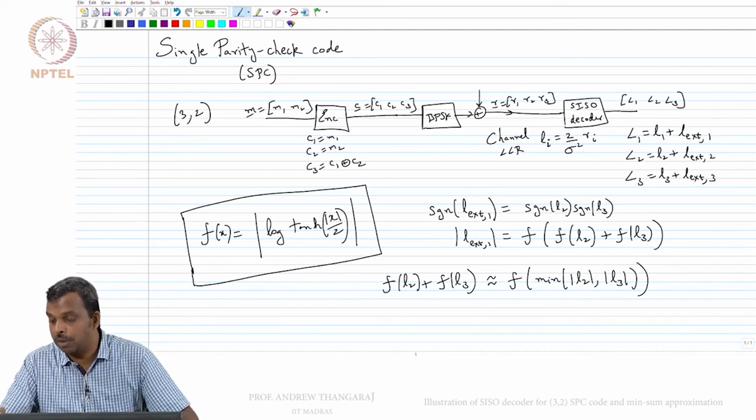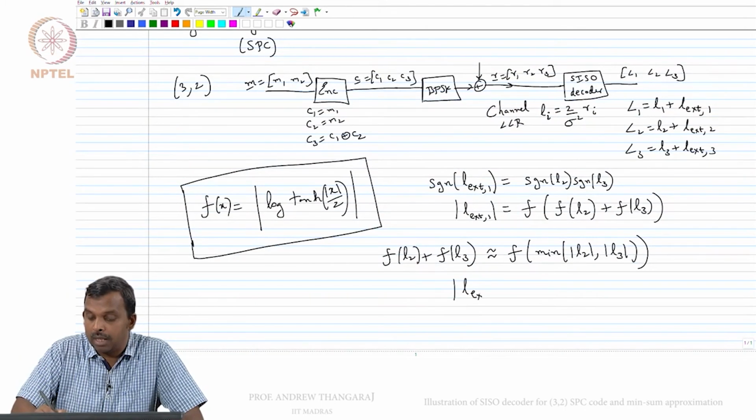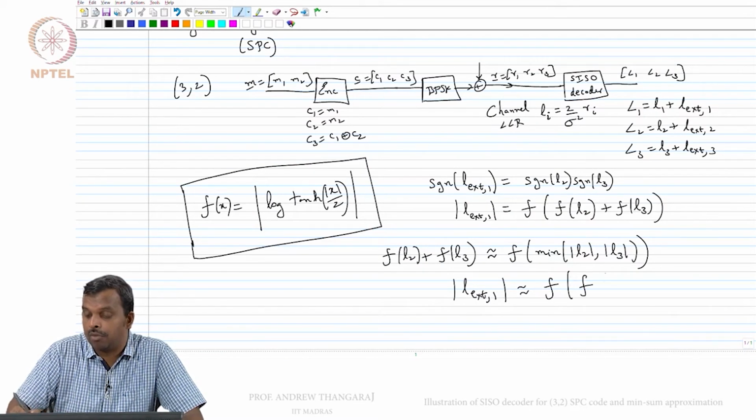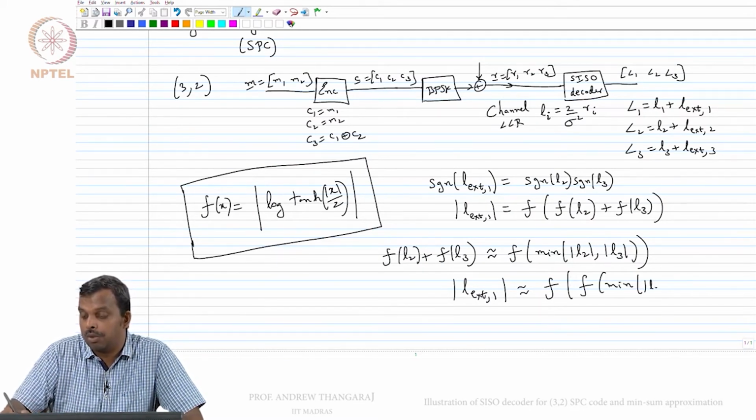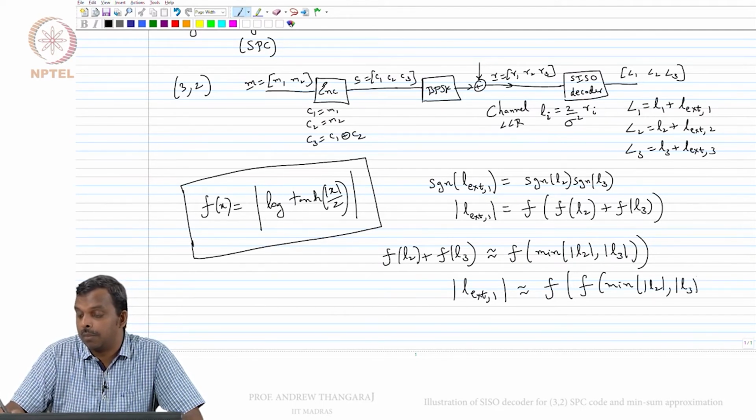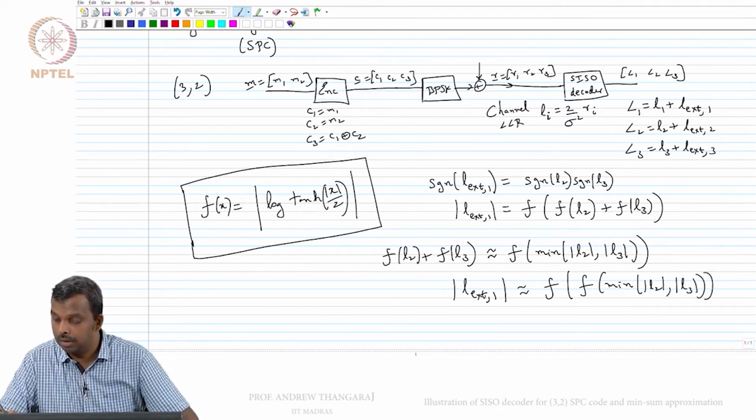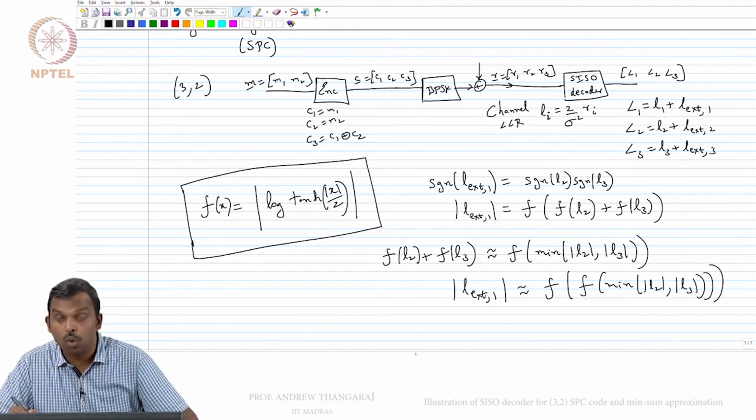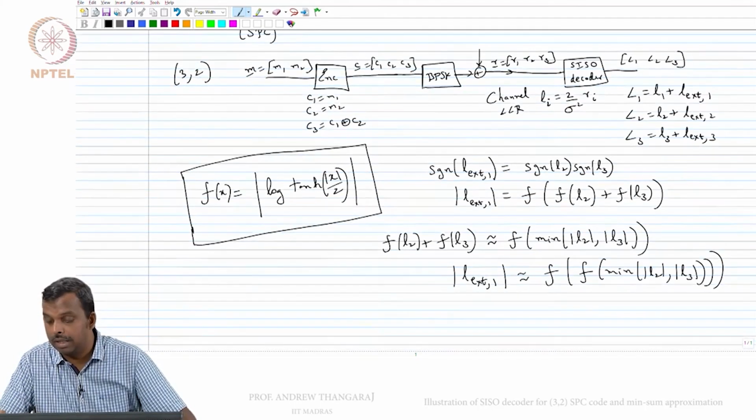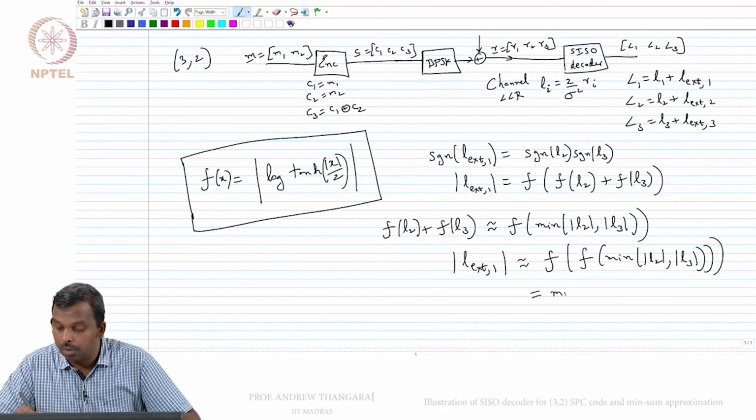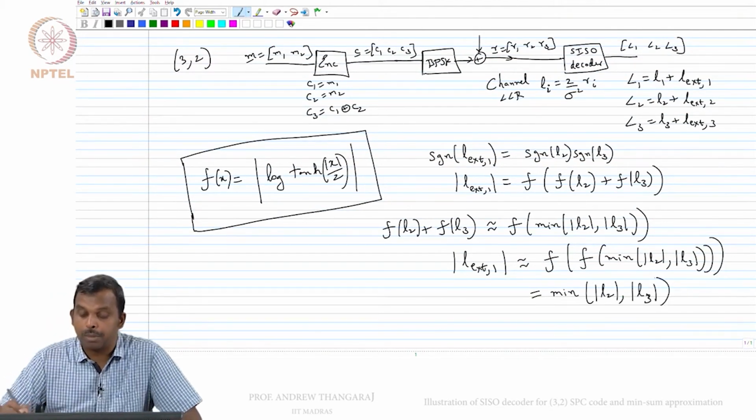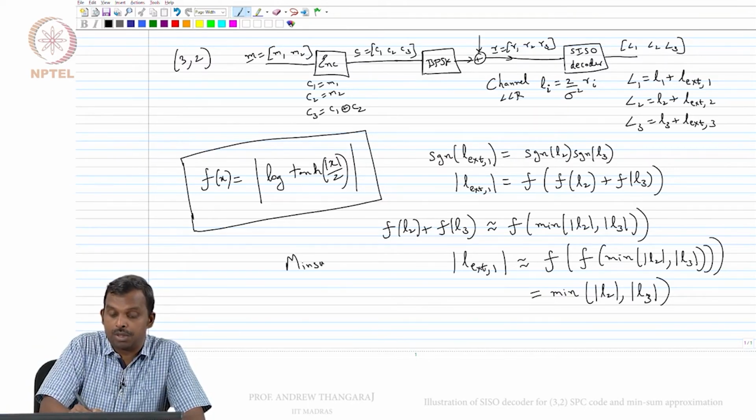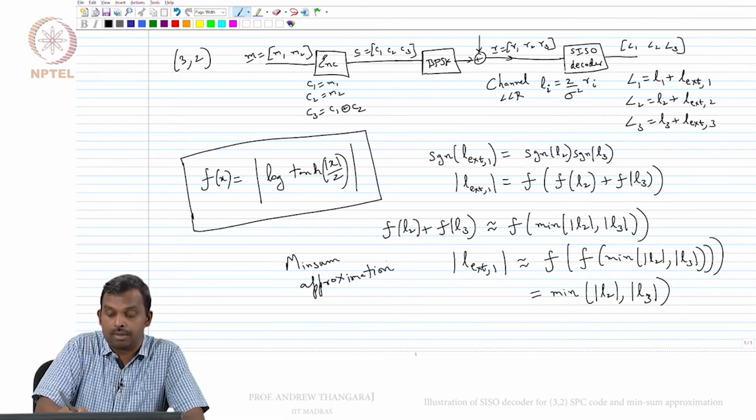The reason is, once you make this approximation, absolute value of Lx1 has this very simple expression, f of min of absolute value of L2, absolute value of L3, and we know that f is its own inverse, f of f of x is x itself, and so this will just become min of absolute value of L2 comma absolute value of L3. So, this approximation is called the min sum approximation, and it's very popular in all implementations of this kind of